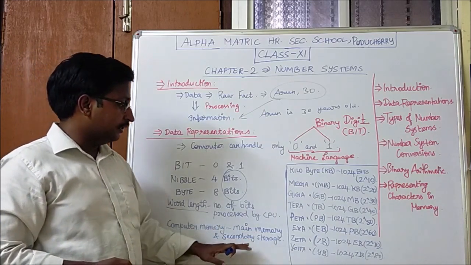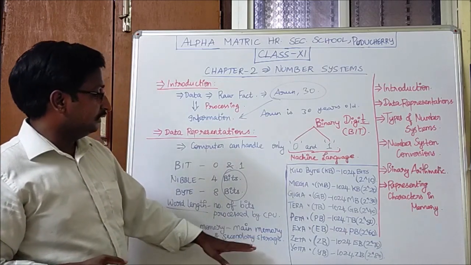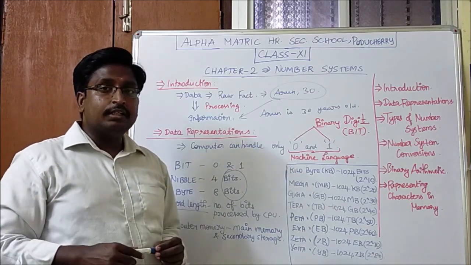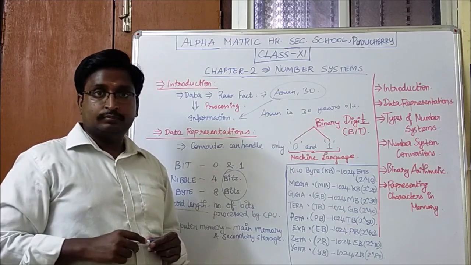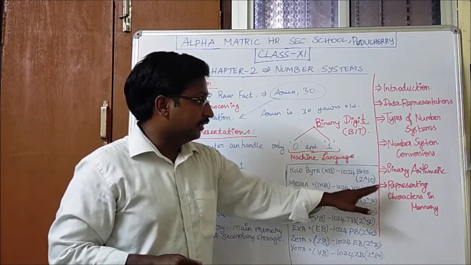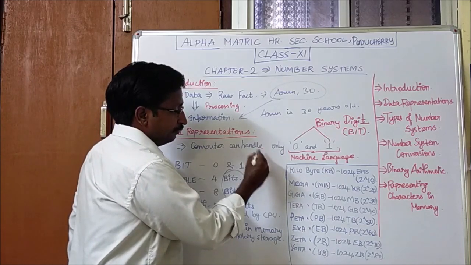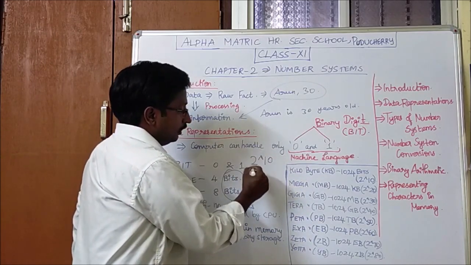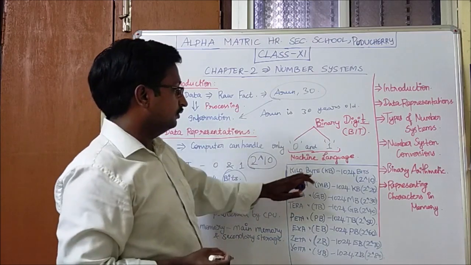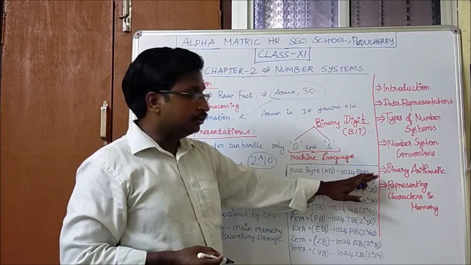There are two types of memory, main memory and secondary storage. Mostly the computer memory is represented in these terms, starting from the kilobyte. In maths, generally kilo represents 1000, whereas in computers, kilo represents 1024, which is 2 power 10. We write it with the cap operator, the cap symbol, and read it as 2 power 10. So it starts from kilobyte, that is 1024 bytes, and goes on increasing.